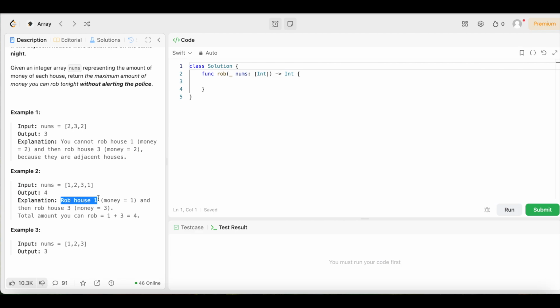Explanation says we could rob house 1, which has $1, and then rob house 3, which has $3, for a total amount of 1 plus 3 equals 4. So once again, we have to remember that the first index and the last index count as adjacent houses. So now that we know that, we have to figure out which houses we can rob that are not adjacent to each other